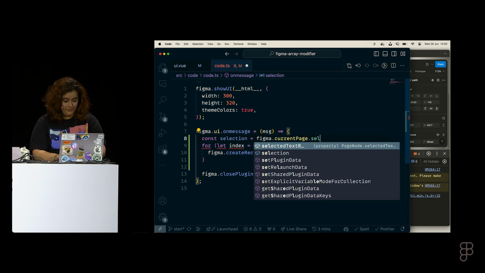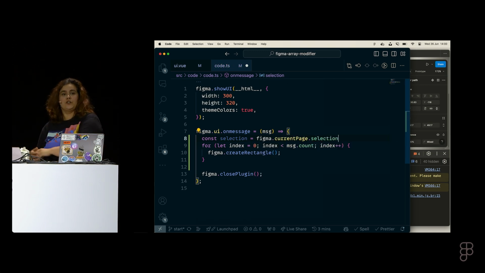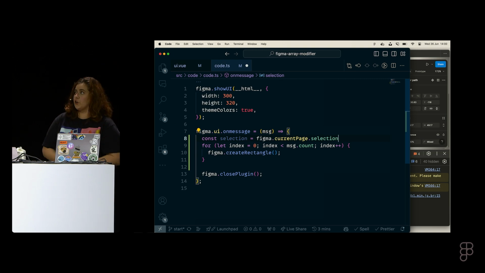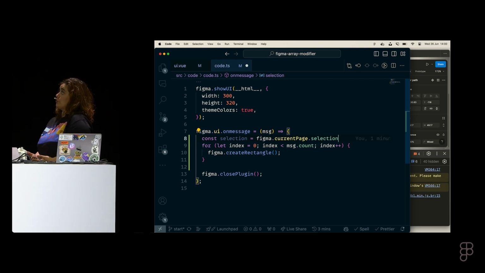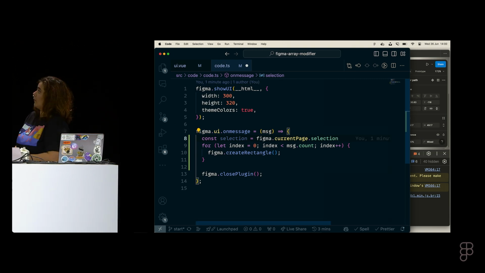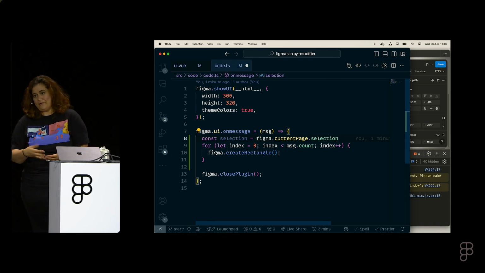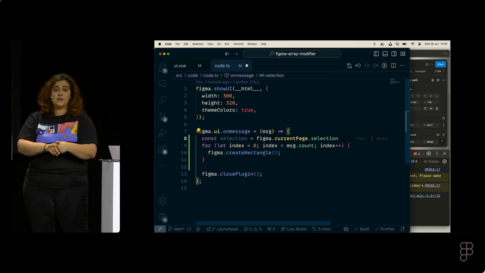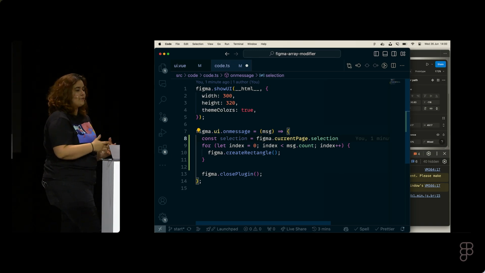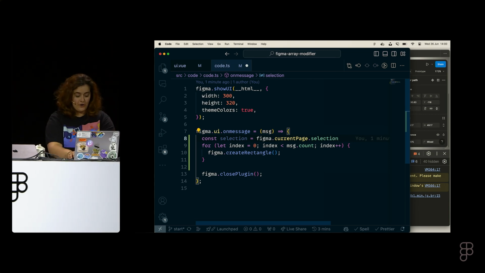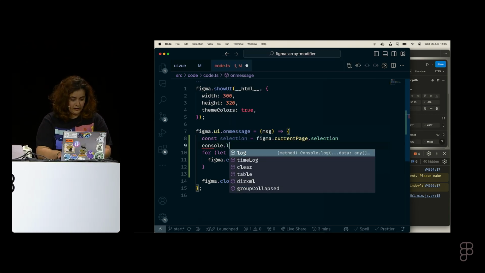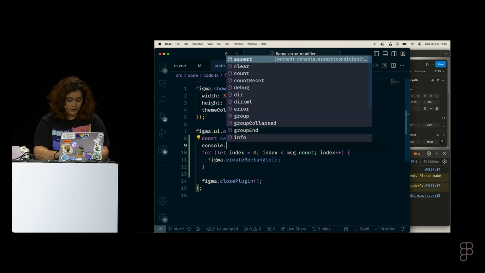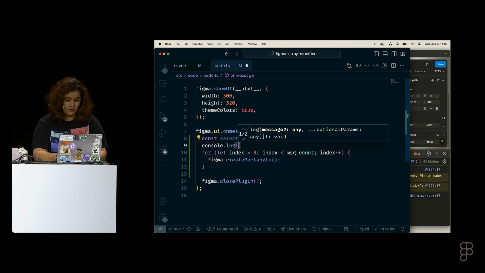That selection, right? So this will give me the selection of what the user has selected. One thing that you should know about this, if you've used Figma at all, is that this can be one object or it can be an array of objects. So I can have 2 objects selected. So if I do a little cheeky console.log, okay, that one was on Google. That one was on VS Code. That was not my fault.